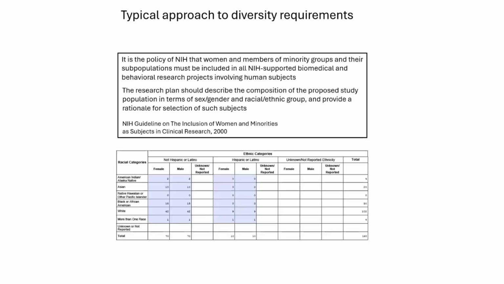And this is a pretty good example of how people do that. For those who fill in NIH grant applications, this will be very familiar to you. It's an inclusion enrollment report in which we are mandated to say how we plan to populate each of these boxes. The boxes are separated by sex, they're separated by racial categories, and they're populated by ethnic categories.